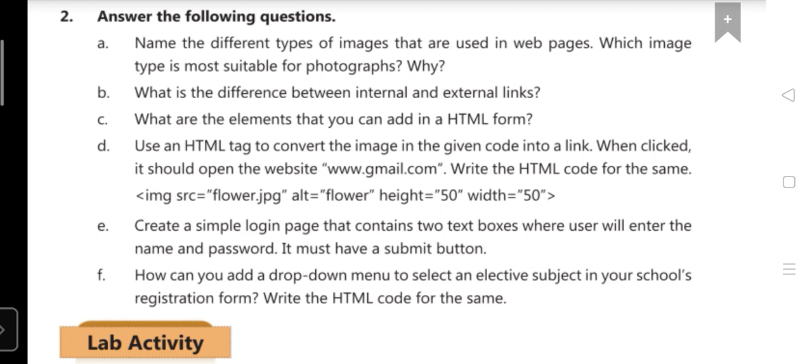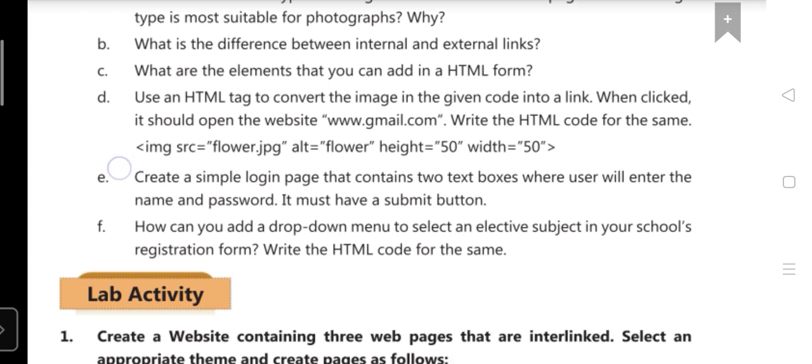Yes, by using the select element, create the drop down list with the HTML code. Now write down the HTML code for the same. You have to make one drop down. You can write down your own subjects for this. So question 2 in full you have to write down in your notebook.